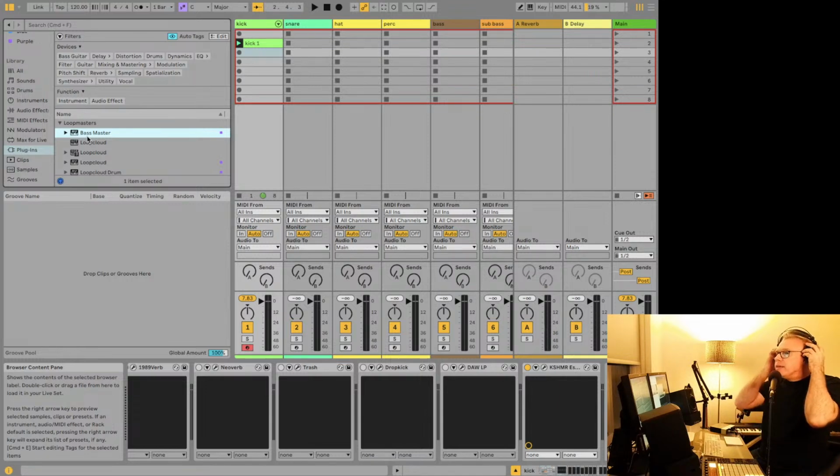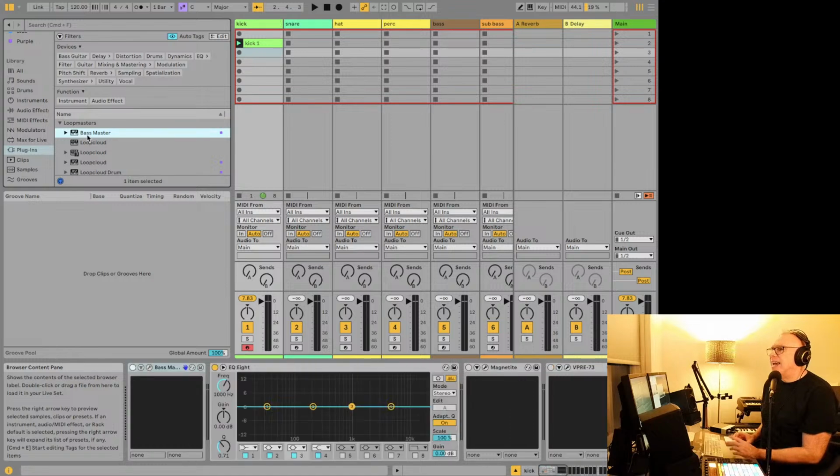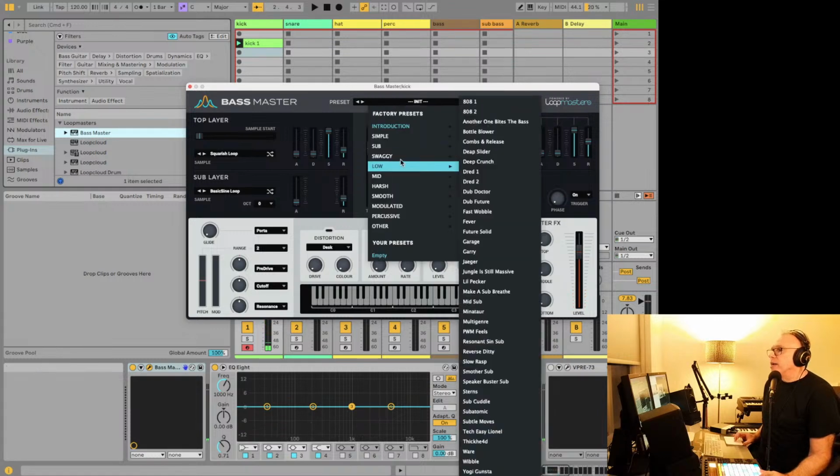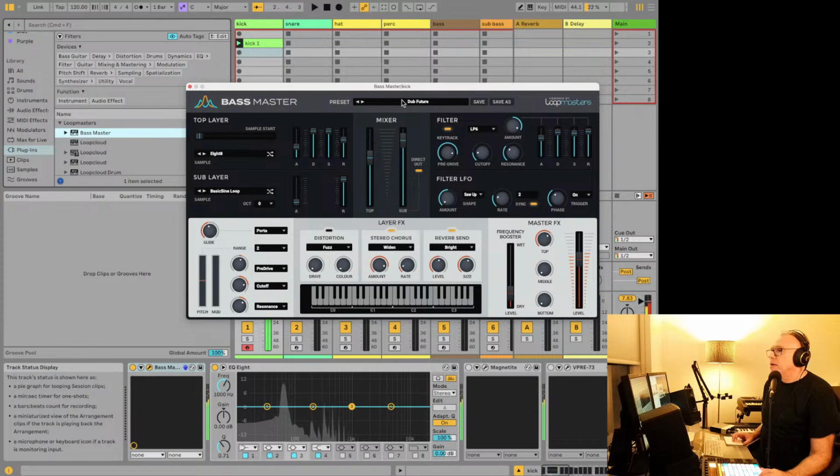Bassmaster I use here and there, and I actually love this plugin, but I always worry because it's not really supported anymore. And I remember it wasn't working on the M1 at all. I think it was the only plugin that didn't work at all on this computer when I got it a few years ago. But I talked to them, and they sent me this version to use that actually works, and they said it was the beta version. It was about to be updated. I don't even think they've actually updated it yet on the website. So I don't know if they've abandoned this or if they are using it, but it does sound really good. I just worry about using it because I worry that it won't be supported anymore. So hopefully they'll start,